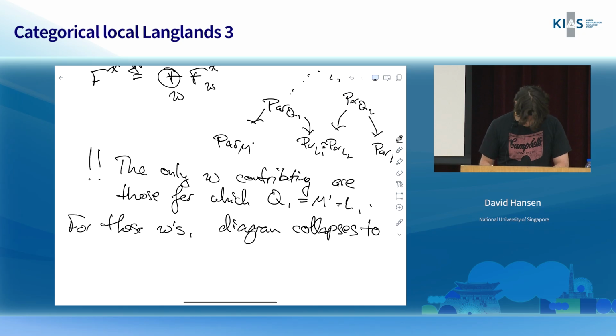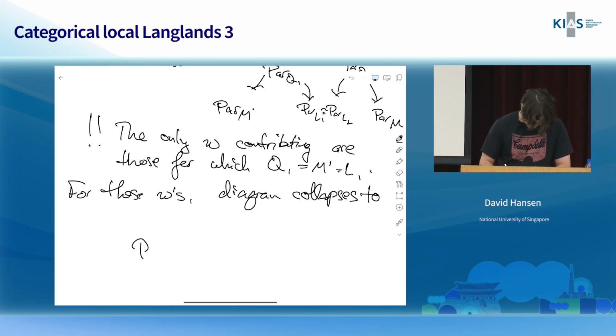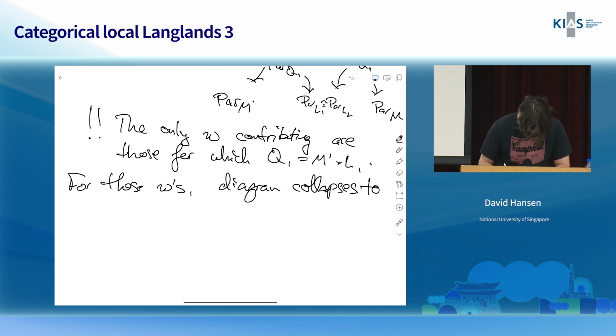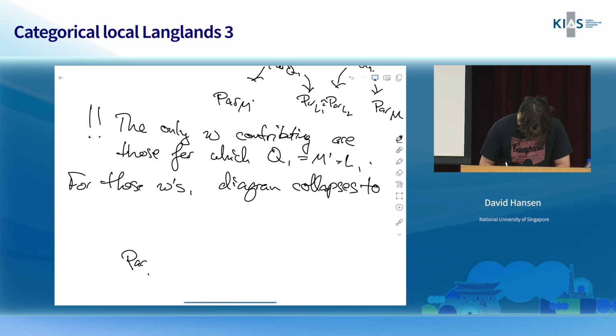It collapsed, but it didn't collapse that much. Let's say, to par M primed. This has a map down to it from,